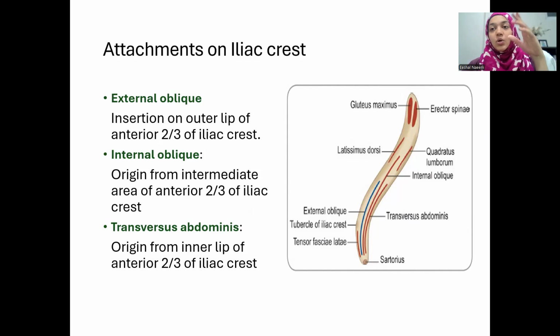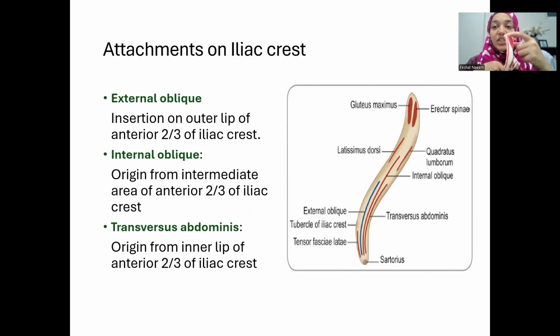All these three muscles also have another muscle next to them, and that's the rectus abdominis. The rectus femoris is different from the rectus abdominis. The rectus abdominis is a vertical fibrous straight line that helps to form the six pack of people who are gymming a lot and are very lean. So the first muscle we'll talk about is the external oblique, which, sorry, doesn't come off, it inserts on the outer lip of the iliac crest, anterior two-thirds, this blue line.